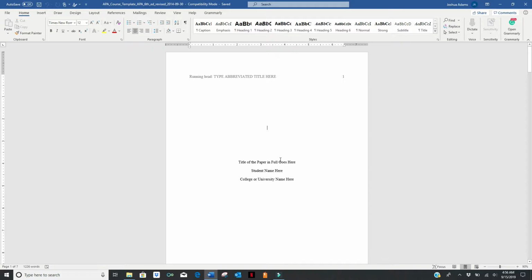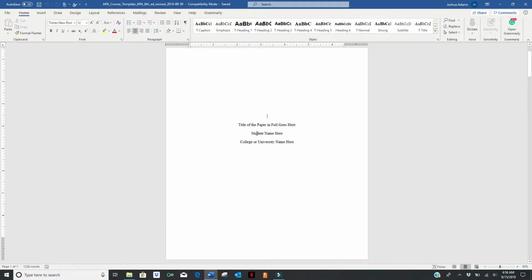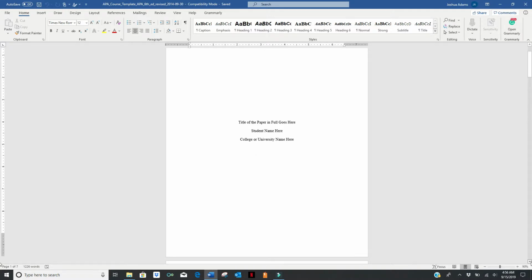I see a lot of students not having this information centered on the entire page. If you notice, all this information, the title of the paper, the student name, and the college, is centered on this entire page. I see some students having this information down here. You want to make sure that it is centered on the entire page. Okay? And as we continue to scroll down,